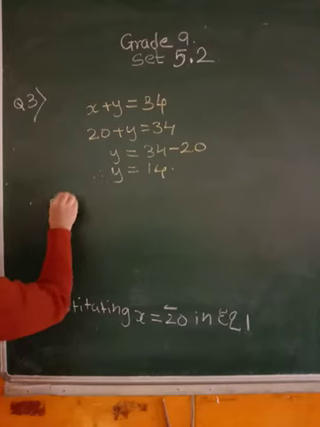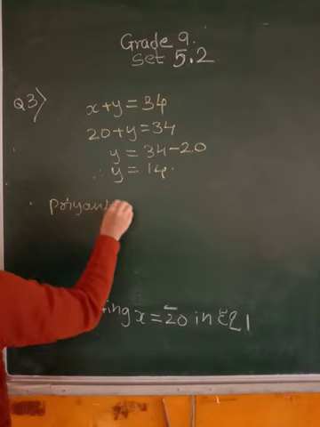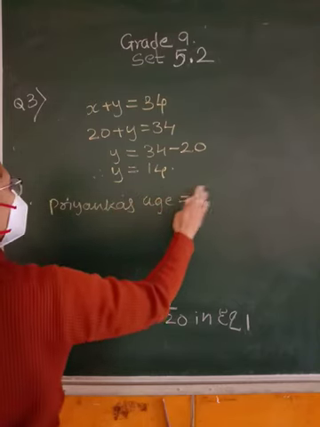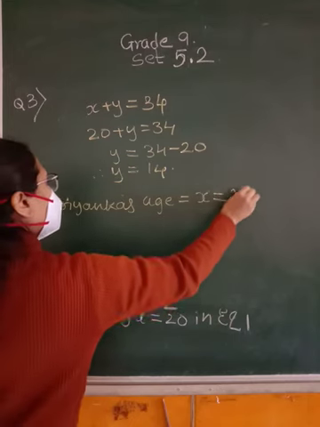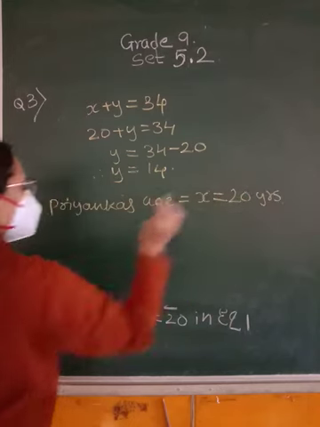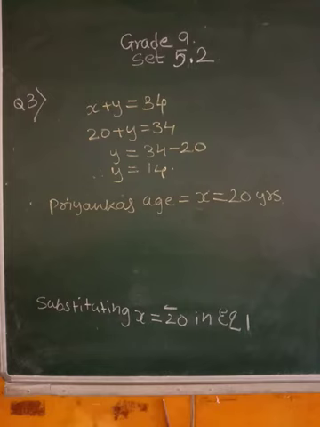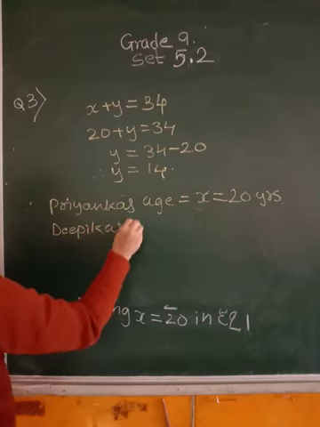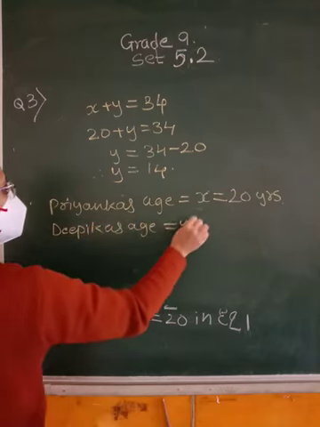Therefore Priyanka's age is equal to x, which is equal to 20 years, and Deepika's age is equal to y, which is equal to